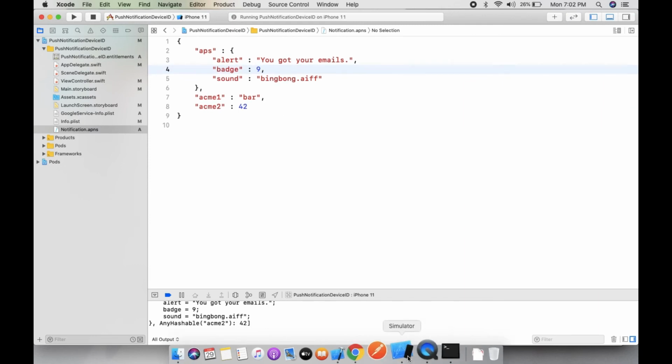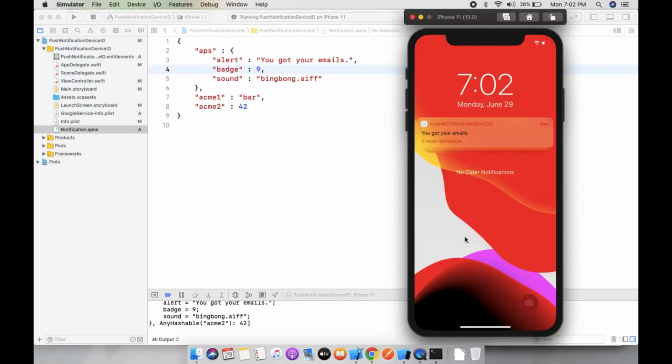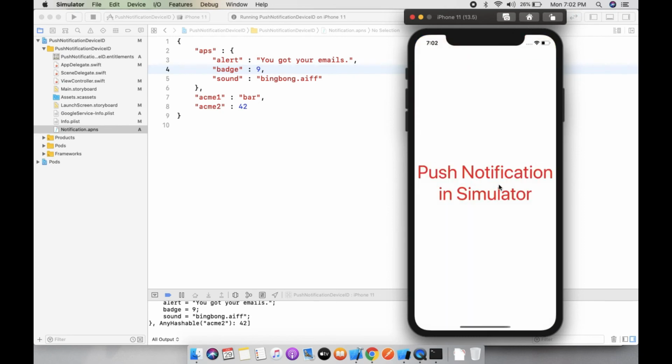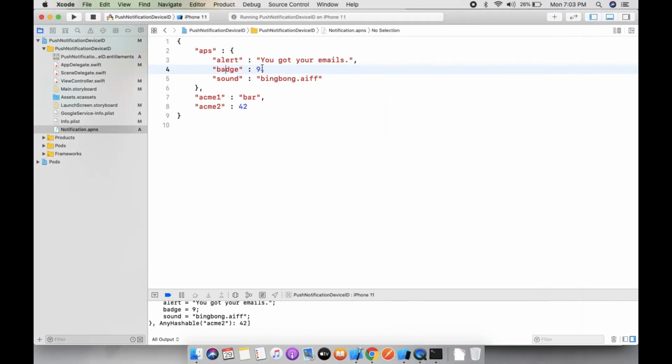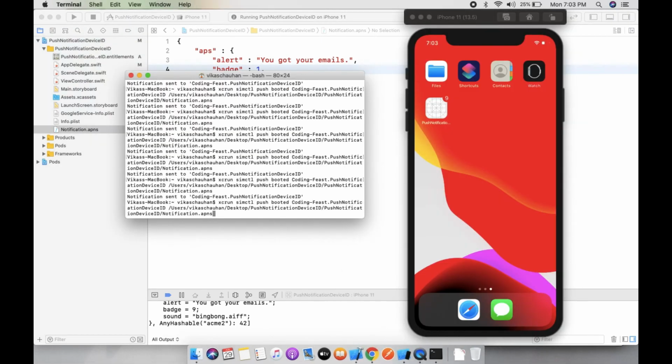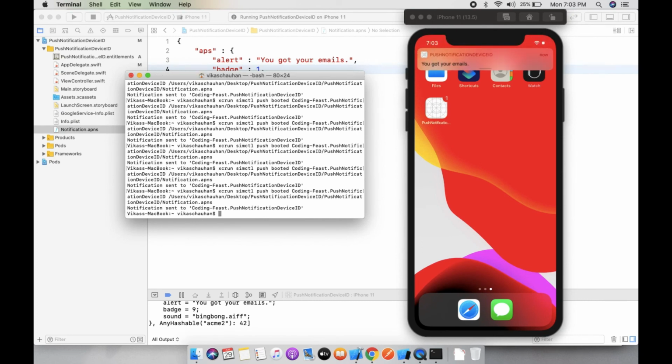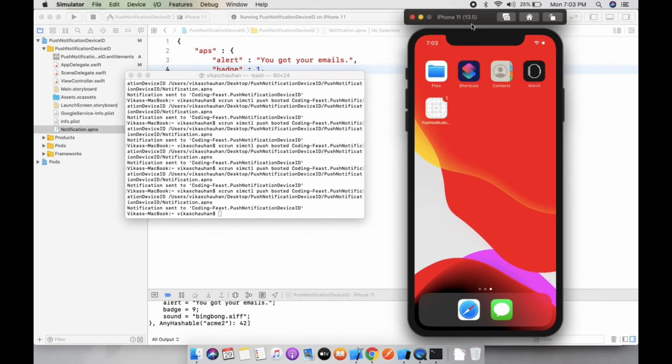And in the notification badge you can see the badge number 9. If you want badge number 1, you can just set badge 1. So you can achieve this functionality in simulator as well, but you need to install Xcode 11.4 or later.